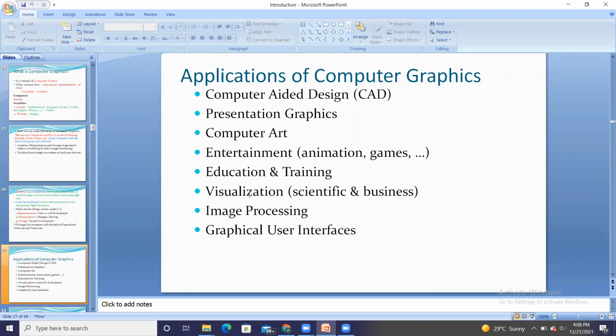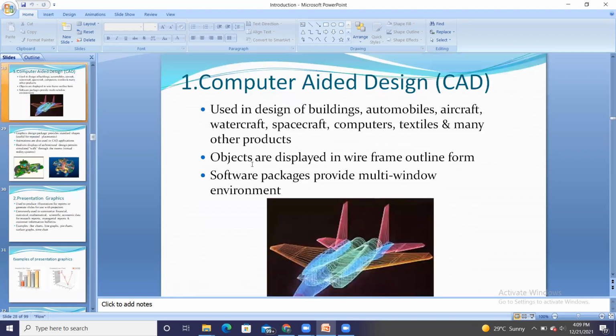Then visualization, scientific and business visualization, to represent the data more clearly in graphical form. And then image processing, mainly in medical fields, and GUI, graphical user interfaces. These are the different applications. One by one, we will see them in detail.